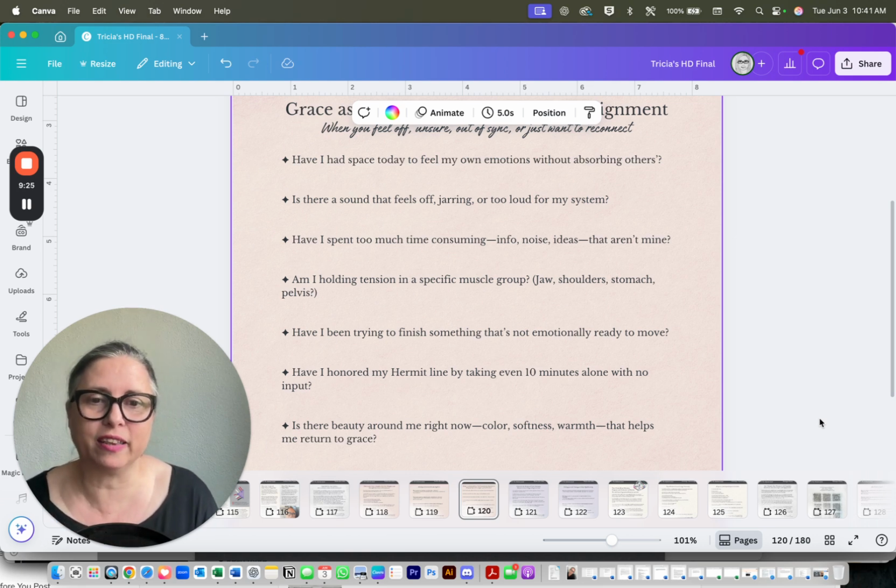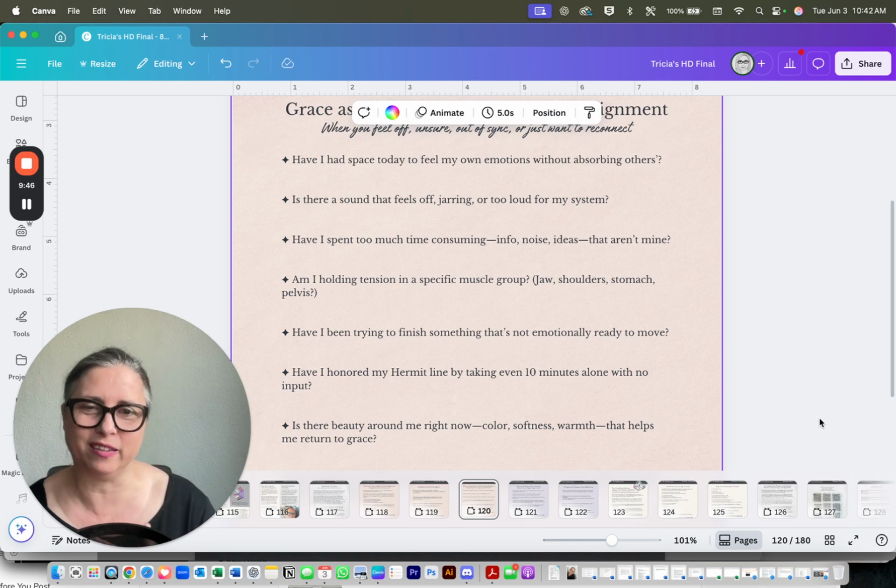But I can look at that like, oh my gosh, I'm really trying to hit that deadline. There is no deadline. I'm making this up in my mind. What's the point of getting it done early, even if there is a deadline? Why am I trying to do that? What am I trying to prove? And if I'm trying to prove something, what am I afraid that somebody might find out about me?